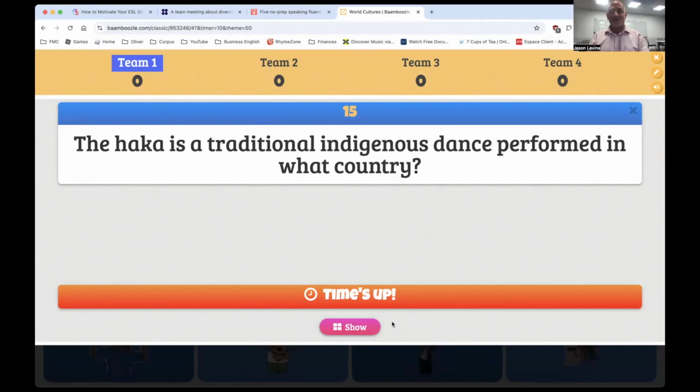If they all share the same first language, like my students, French, then you have to sort of get them in the spirit of, this is an English game, right? You're speaking English. So they're speaking about what they're going to do. They guess. And when they guess, they need to make a complete sentence. So let's say, okay, we think the haka is a traditional indigenous dance performed in